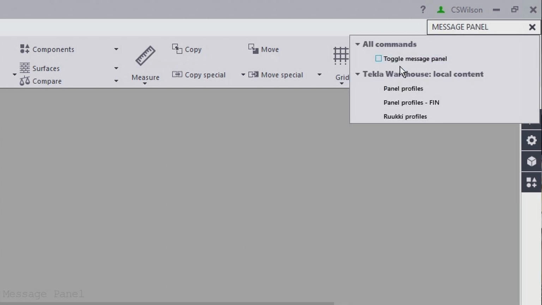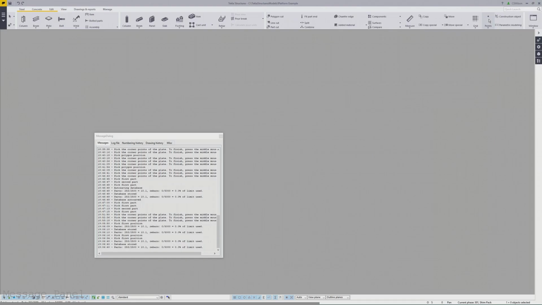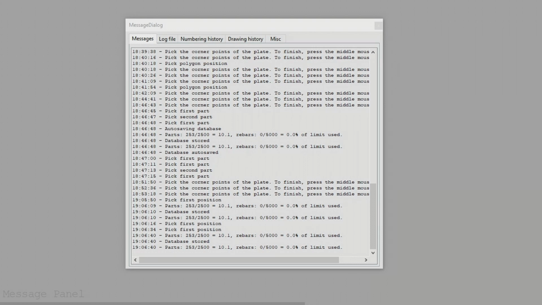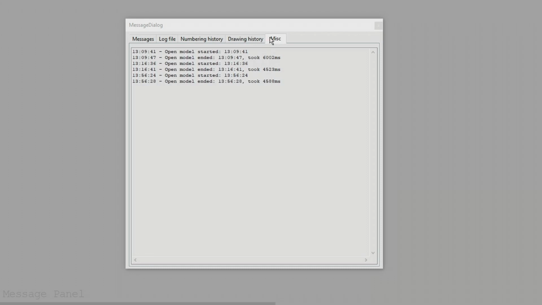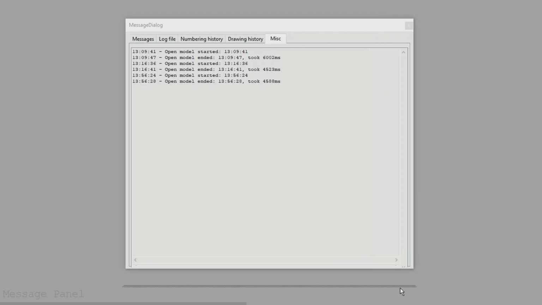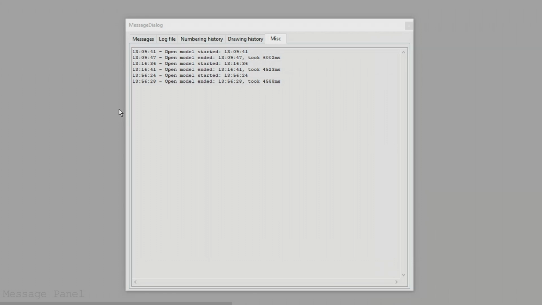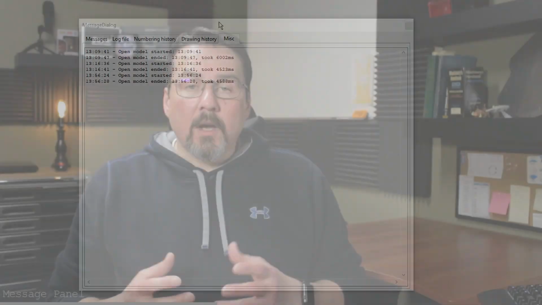Then put a check in the Toggle Message Panel option. Here you can see a list of the most recent messages, log file, numbering history, drawing history, and some miscellaneous info. You can also resize it, and if you have multiple monitors, you can even move it to another screen. Also, the size and position are persistent between sessions. So when you exit and reload Tekla Structures, the message panel will appear in the same place you had it